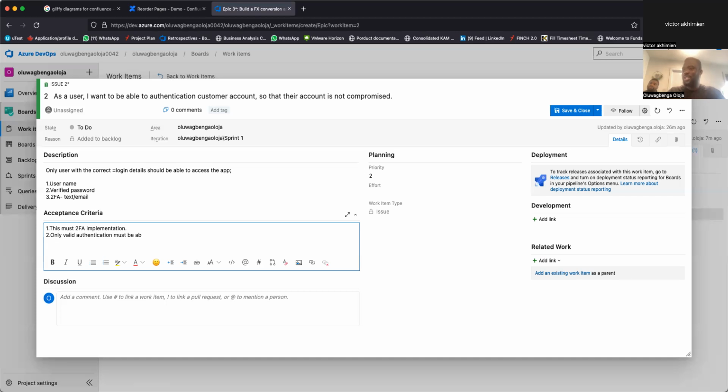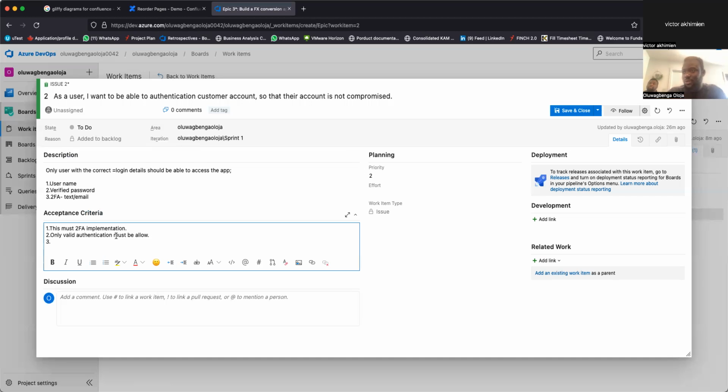What else? Let me ask. I'm not the only one talking. I know we've gone beyond just showing Azure now, but I think this is very useful information for you as you go into your interviews or your work. So what else can we add to acceptance criteria? What should happen? You've all used an app. Correct login details, yes, which is what I've written here.